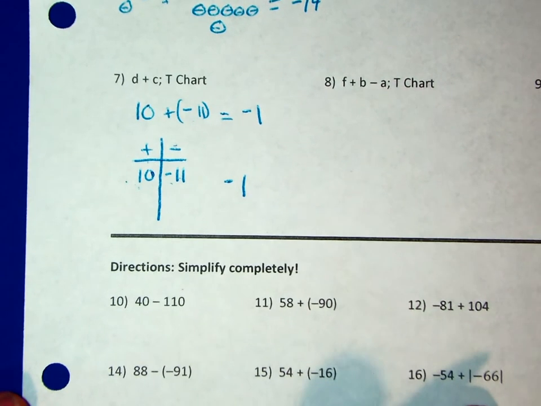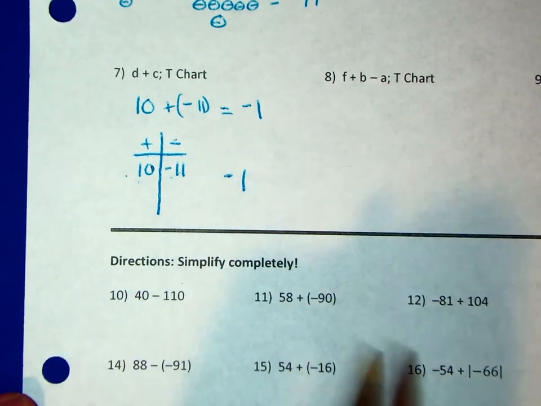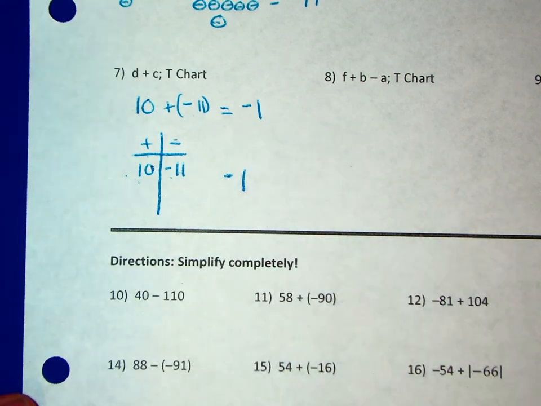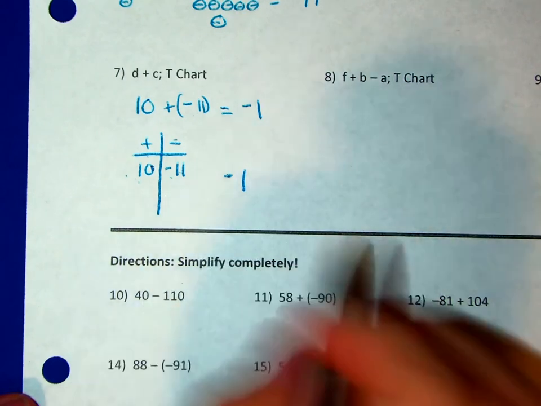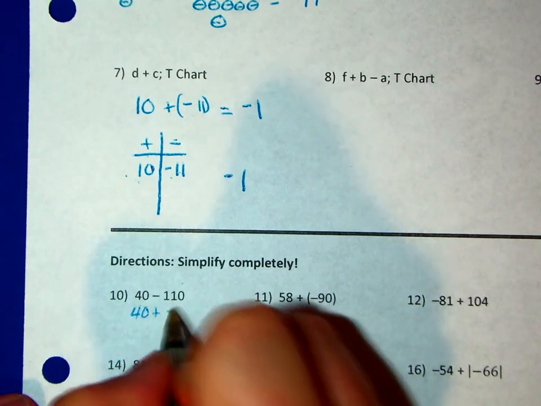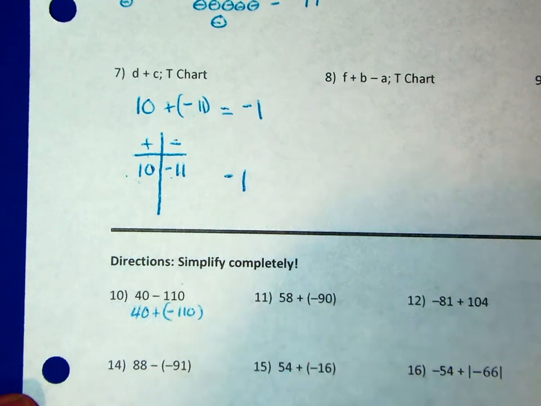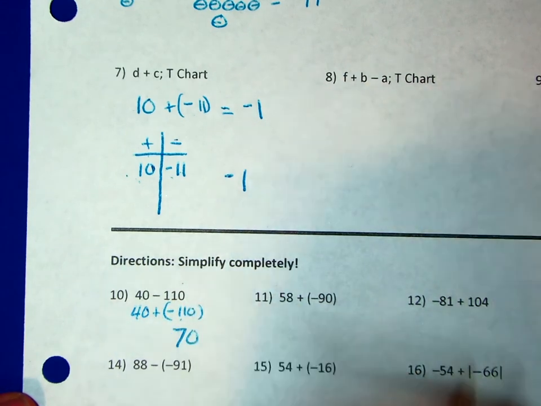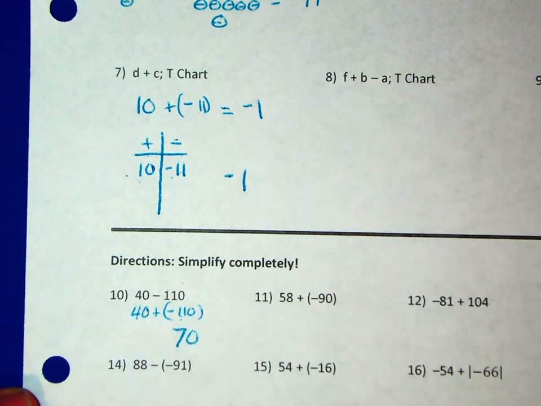Just looking at one of these below, problem 10 says to simplify completely. 4 minus 10. Now I can just use my integer rules again. I can rewrite this problem, which I've encouraged many of you to do, as 4 plus -10, which helps me to clearly identify that I have a positive leading term and a negative secondary term. The difference between the two is 6. And since my negative term has a higher absolute value, I will keep its sign, so my solution will be